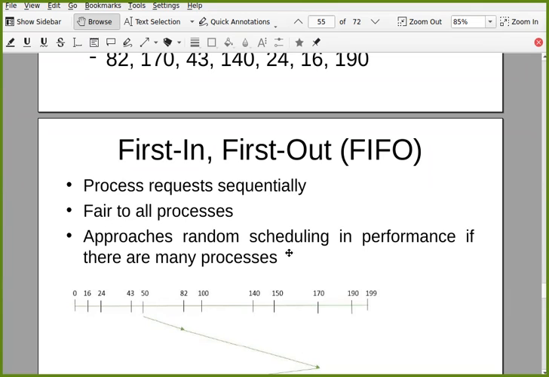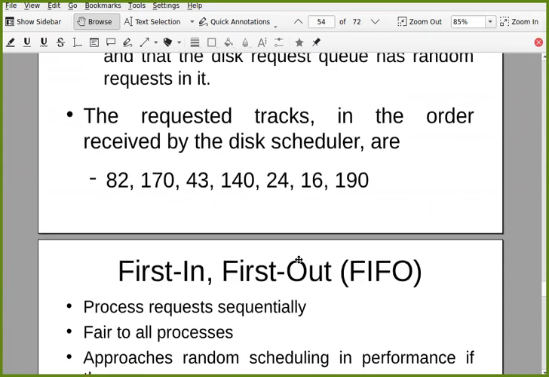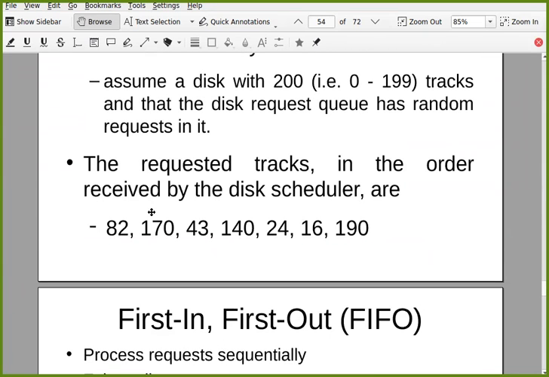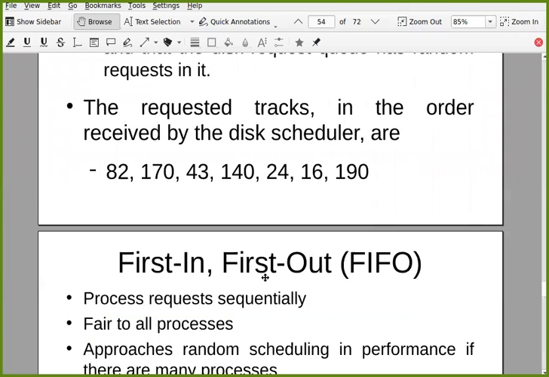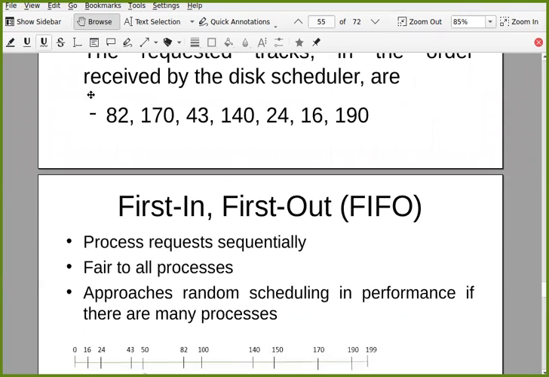It approaches random scheduling in performance if there are many processes. If the number of requests from multiple processes is very high, then first in, first out behaves similarly to random scheduling. Random scheduling means you can serve any request randomly from the queue, and that is very similar to first in, first out if this list is very long.